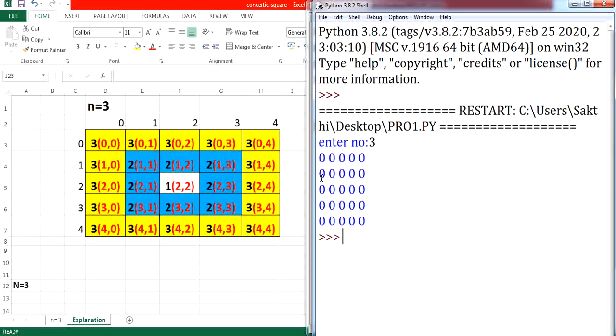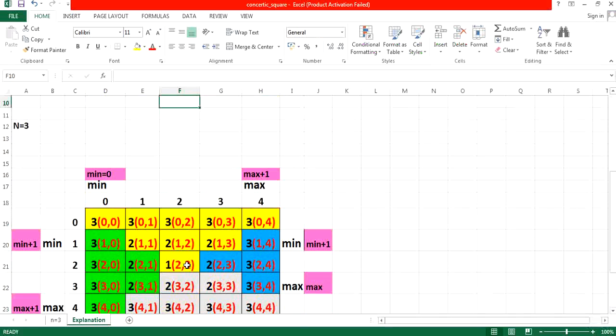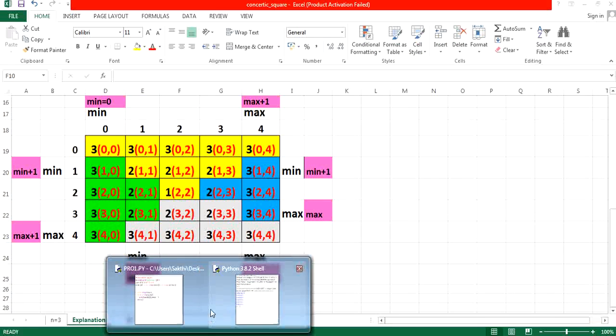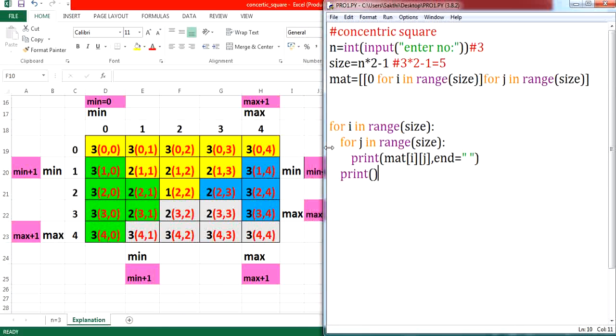Now till now we have created a matrix without value. And next what we are going to do is insert value inside this. Before inserting value inside this, first let us understand how to draw this pattern. How we are going to segregate this one. The segregation is done by 4 different triangles. I mean that you are going to print the same pattern, but I am going to divide this particular pattern as 4 different triangles.